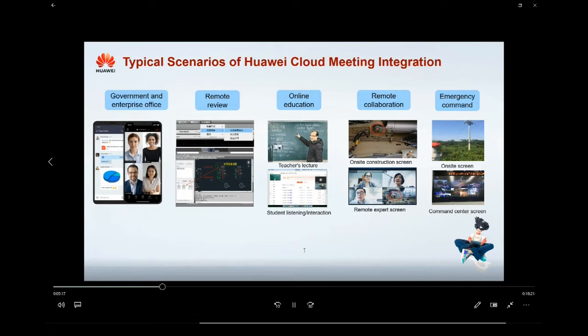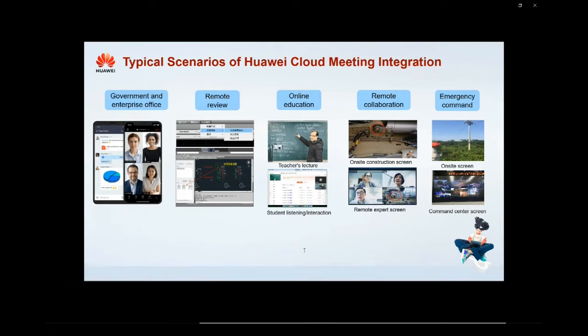In terms of emergency command, Huawei Cloud Meeting provides dedicated video streams and automatic continuous presence layout to help the command center with dispatch and convergent command.